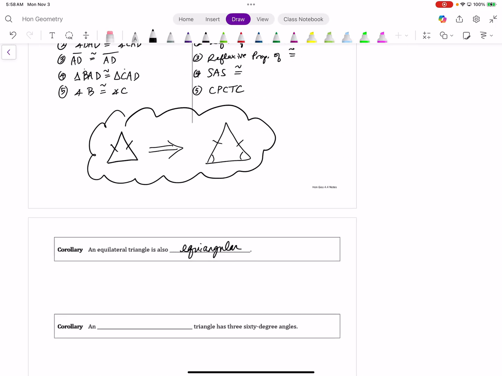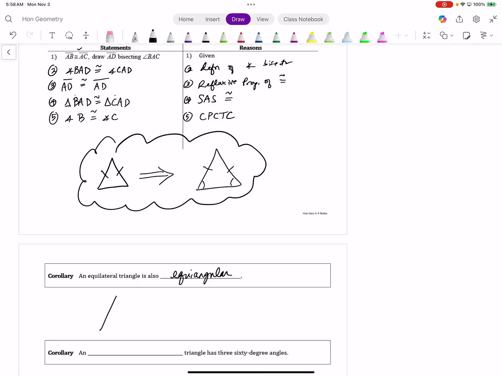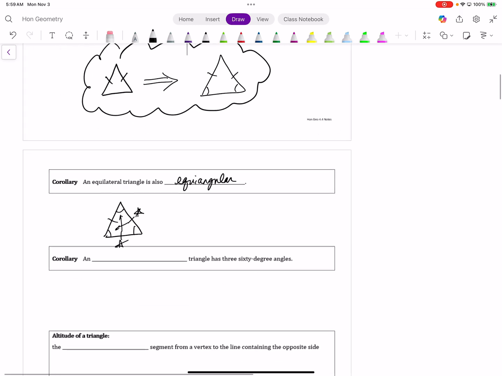So remember, if two sides of a triangle are congruent, then the angles across from those two sides are congruent. But in an equilateral triangle, you have three sides, so you can pick any two sides you want. Say I pick these two sides, then I would know that this angle right here is congruent to that angle right there. And now we have all of them being the same size, which leads to the next corollary